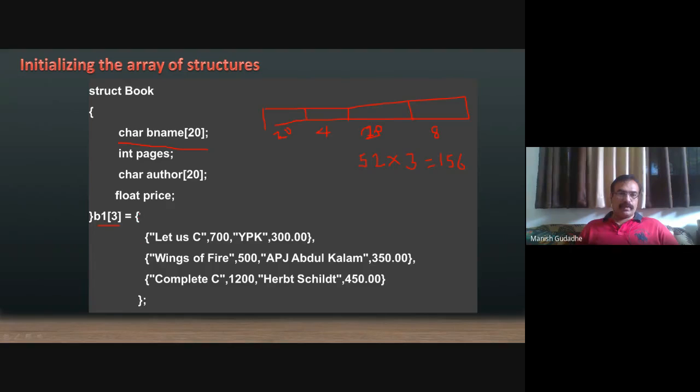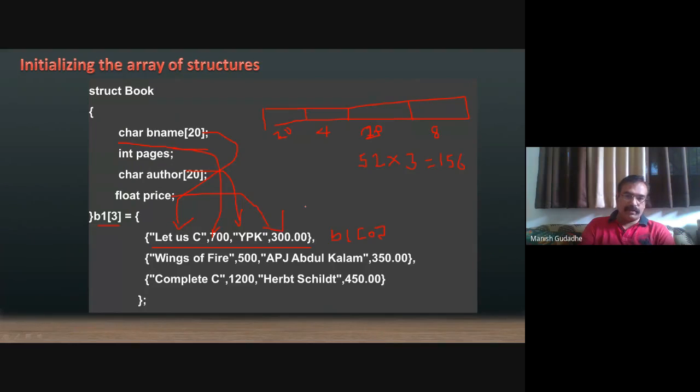So within the braces, the first curly braces will refer to B0, the second curly braces is B1 and the third curly braces is B2. So the name will be copied here, pages will be copied here, the author's name will be copied here, and the price tag will be copied here.